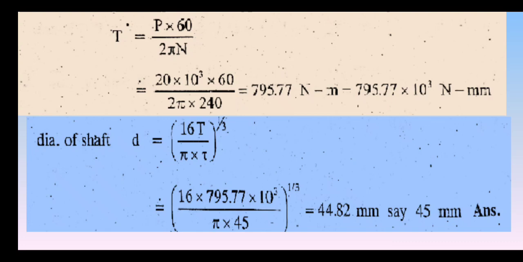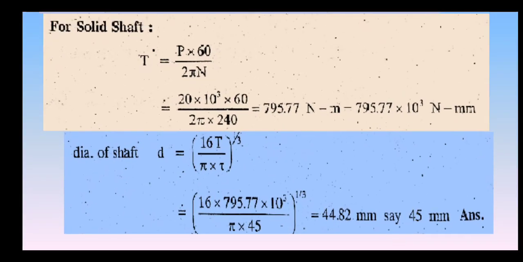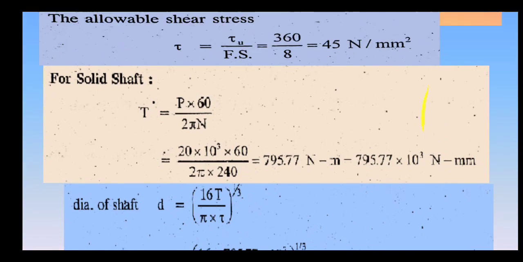Okay, round figure, you have to take 45 mm. After solving the diameter of the shaft, don't take odd numbers. You have to take the even numbers. It means that if 48 point something comes, it may come in terms of points, but don't take it in terms of points. Finally you have to write in terms of even numbers only. So finally we got the solid diameter of the shaft as 45 mm.